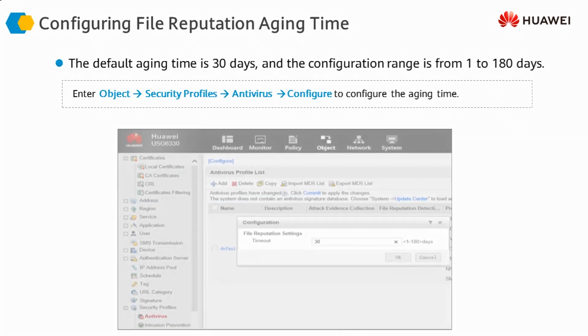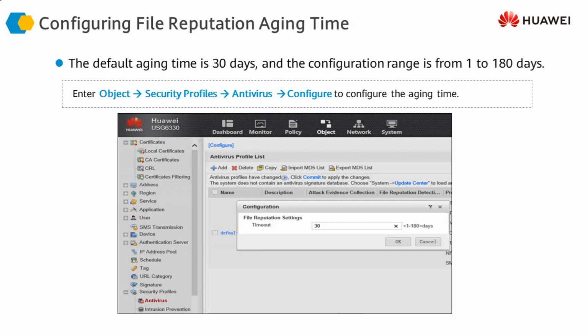Similarly, as we saw, there is a reputation database which we are building for known files. So if a file has been detected to contain a virus, it means its reputation has been compromised or tarnished. So for how long is that file going to live with that reputation? We can configure a maximum time for that reputation. Based on that reputation, we are going to be either blocking that file or allowing that file for a period of 30 days, after which that file is going to be re-evaluated against its reputation, and its reputation is going to be redefined basically.